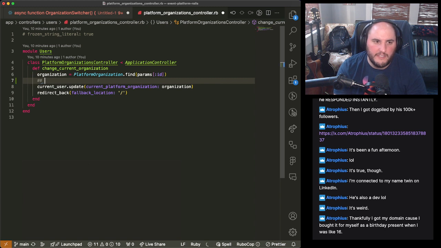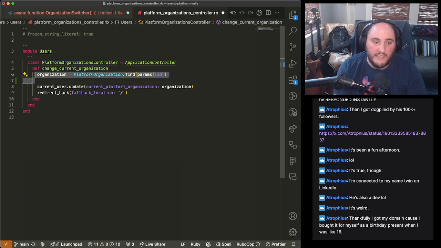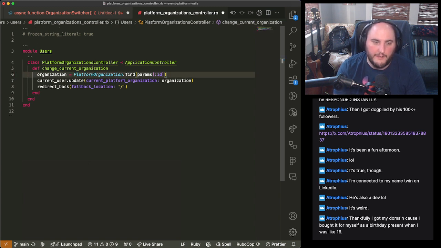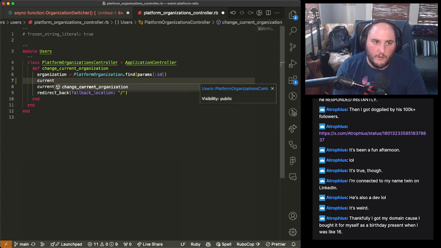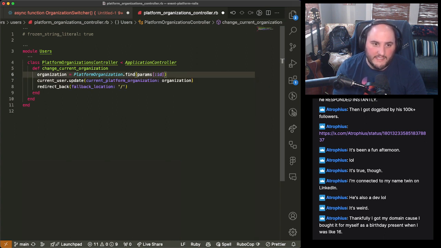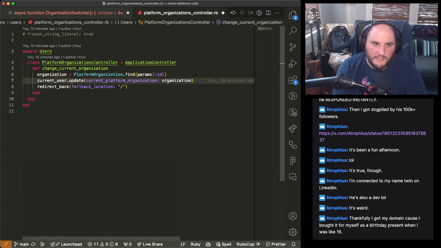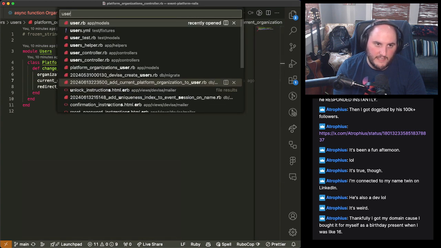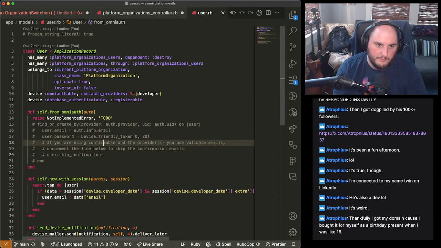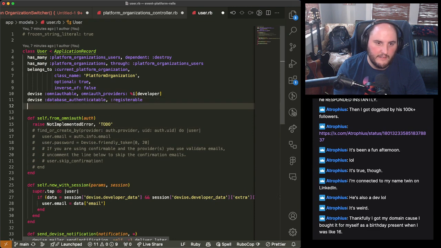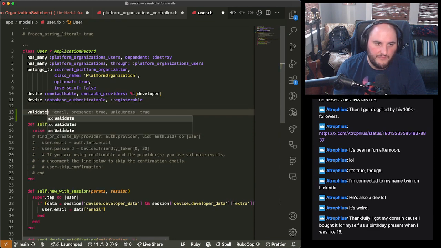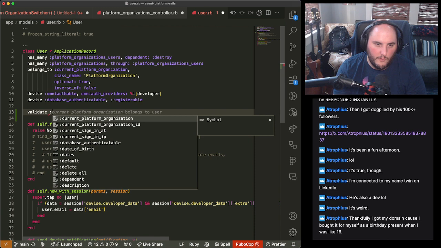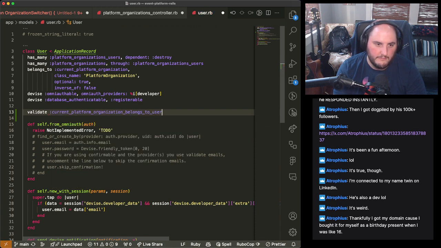But what I could do here is put a validation either on user or on just the method here that says, validate user has access to current platform organization. And if that doesn't exist, bail out. That's a pretty easy to fix thing right here. Honestly, we could probably just build this real quick. So, validate current platform organization belongs to user.